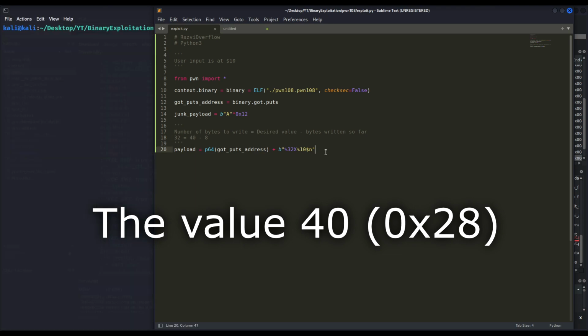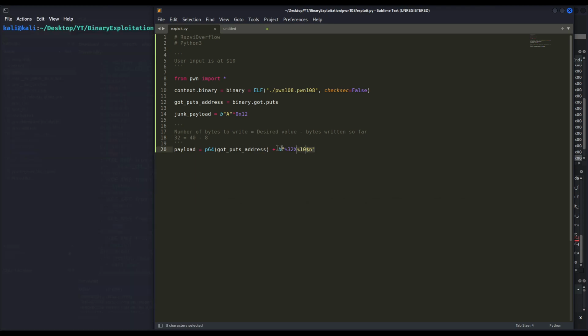Now, of course, the next logical step would be to actually try this and see if it works according to what we have just seen. But let me tell you beforehand, this won't work. This isn't an actual working payload for our exploit. Why? Well,